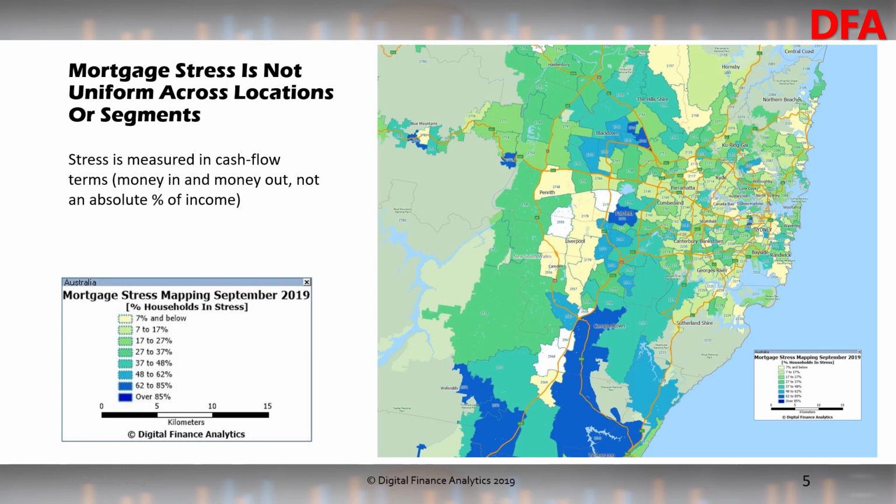And what you can immediately see is it's predominantly, but not exclusively, a Western Sydney problem. Well, not a surprise there. A lot of these postcodes, and it's the darker blue ones that you want to look at, are in areas where there's been very significant building expansion in the last 5 years plus, where we've still got more building going on, where people bought in at the top of the market over 2 or 3 years ago, and where the incomes are severely under pressure. There's no income growth at all in some of these areas. In fact, in some cases, income is receding.